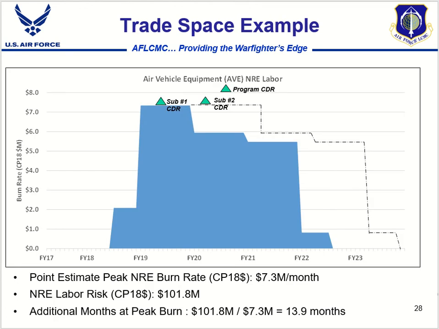So here's an example of a trade space analysis on the non-recurring engineering labor at the peak burn rate in an EMD program. We know we have $101.8 million in risk money, and our peak burn rate is $7.3 million per month. This is given to us at the bottom of the slide. So with a little division, we can calculate that we can extend the program schedule 13.9 months at that peak